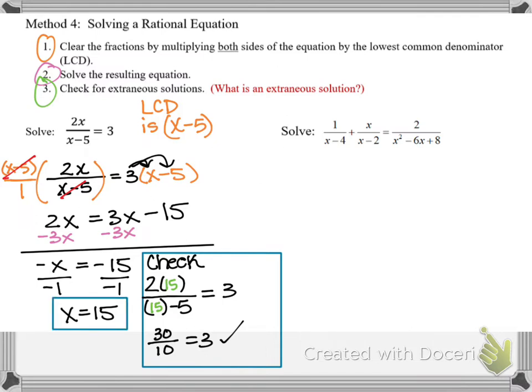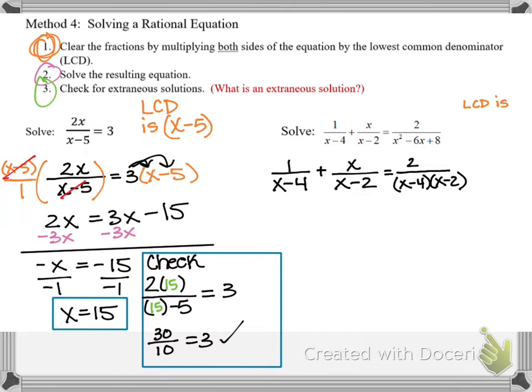Okay, let's look at this next example. I'm going to rewrite the equation, but on the right-hand side, I notice that I need to factor the denominator. The denominator x squared minus 6x plus 8 factors to the binomial x minus 4 times the binomial x minus 2. So now that helps me identify my LCD so I can do step 1. The LCD is the product of the two binomials x minus 4, x minus 2. So I'm going to show that I'm going to multiply both sides of my equation by x minus 4 over